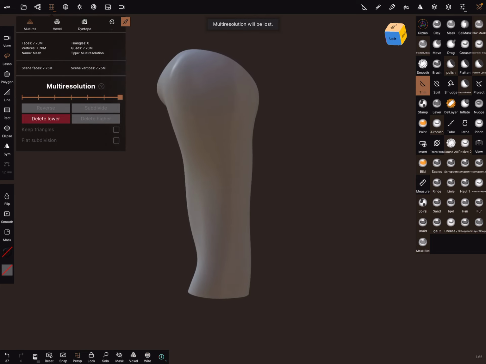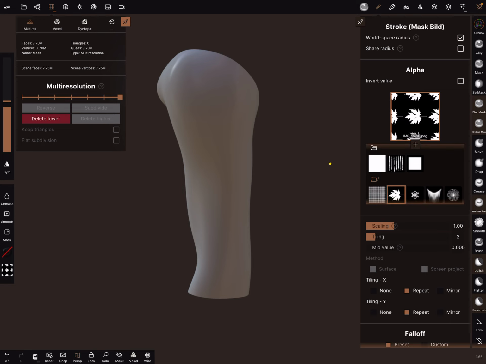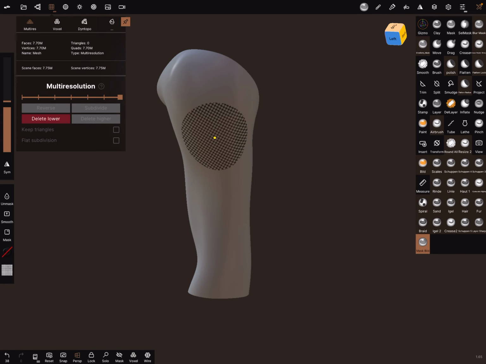And now we use this mask brush, and I adjusted it to place the alpha mask here. You can use different alphas like you want, and you can adjust the scaling or the tiling. Let's work with this and make a test.